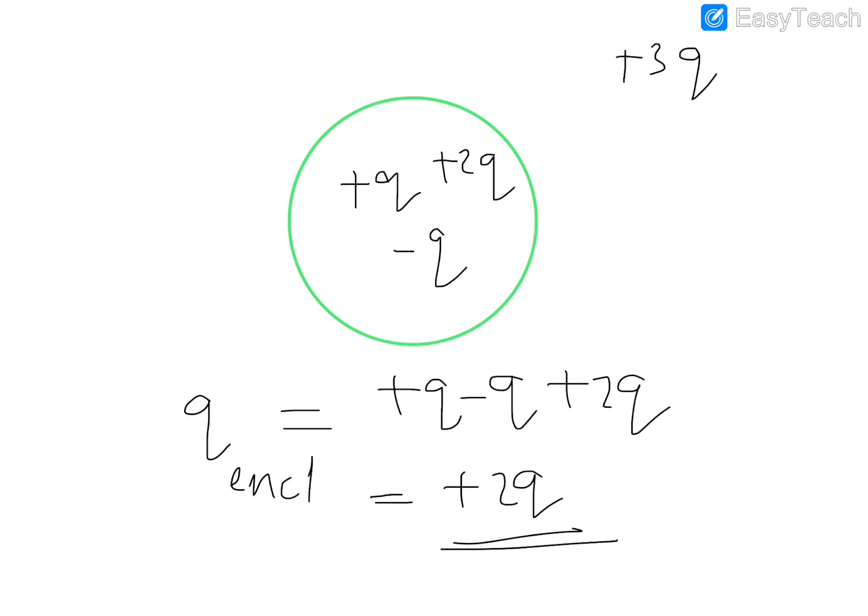Some complicated problems can be solved easily. The same problem you can solve using Coulomb's law also, but it will take more steps and more time. But by applying Gauss's theorem, you will get it very easily. That is the advantage of Gauss's theorem. So those applications and all we will discuss in the next lecture.